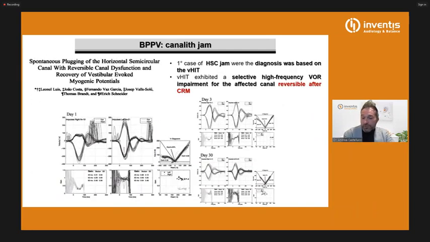This is a very interesting paper from Professor Luis from Portugal. It was the first case where the video head impulse test was used to diagnose a canal jam. In this case, there was a selective impairment of the VOR gain at the video head impulse test for the affected canal in a patient with spontaneous nystagmus that reversed after the canal repositioning maneuver. So they hypothesized it was a canal jam. And they introduced a very interesting tool for the diagnosis of the canal jam, that is the video head impulse